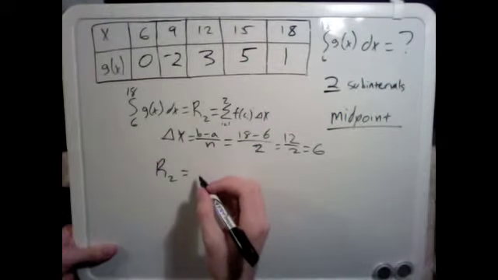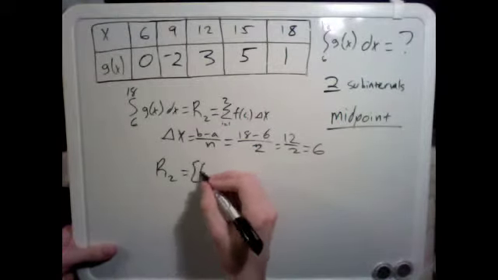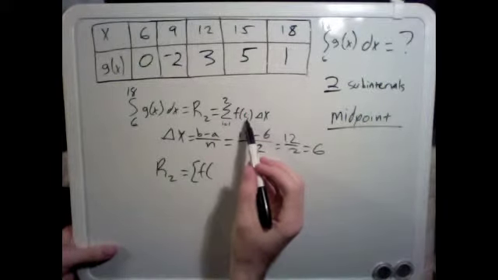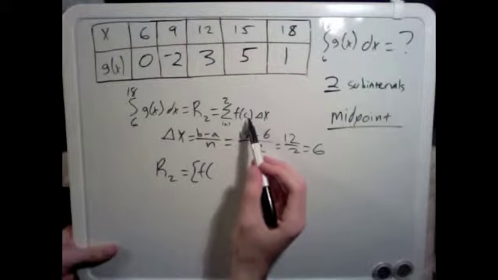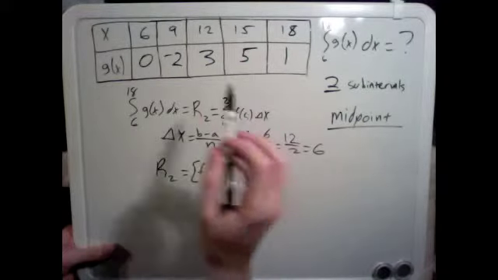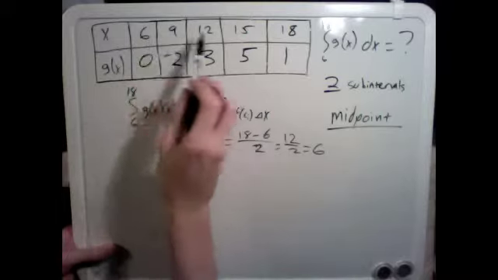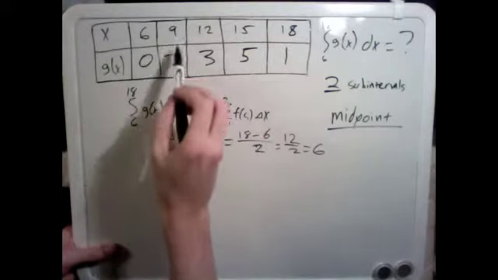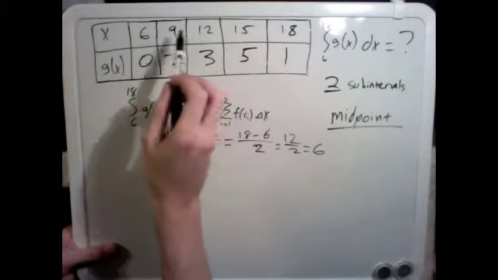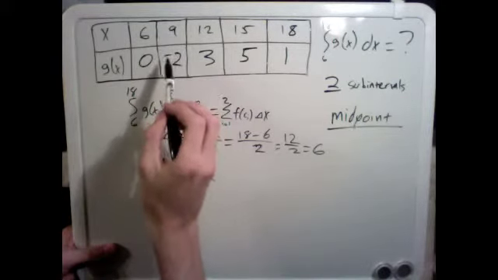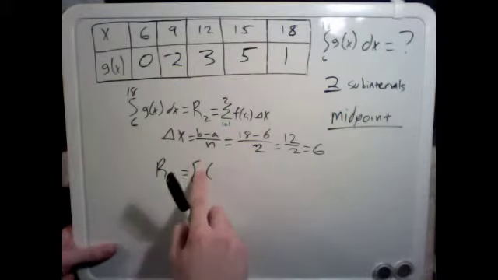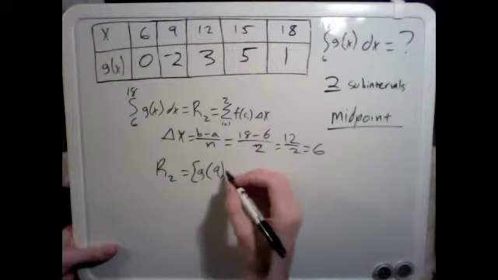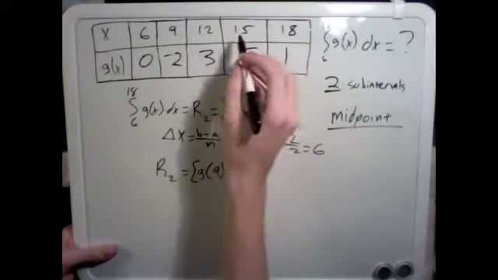R2 is equal to f. So for our two different values here, for c1 and c2, since this is a midpoint Riemann sum, we're going to use the midpoint of this subinterval and the midpoint of this one, which thankfully we have listed for us here. The midpoint of 6 and 12 is 9, and we know that, sorry, this is supposed to be g of 9 plus g of 15